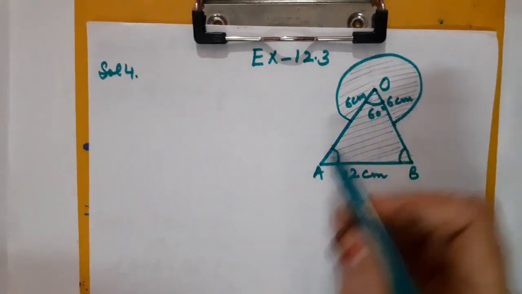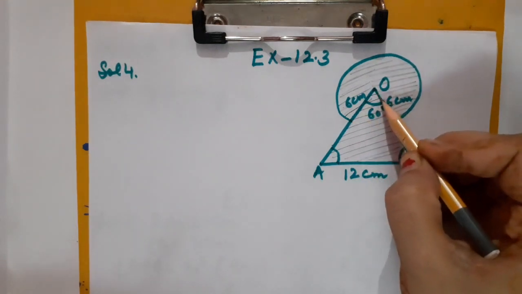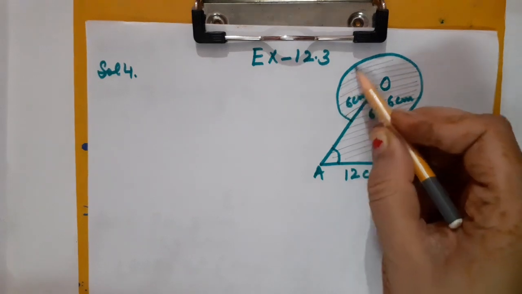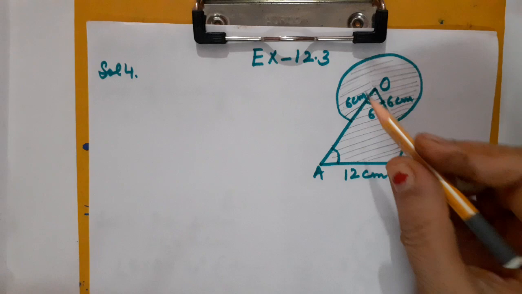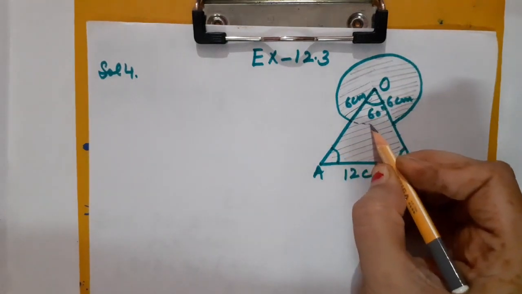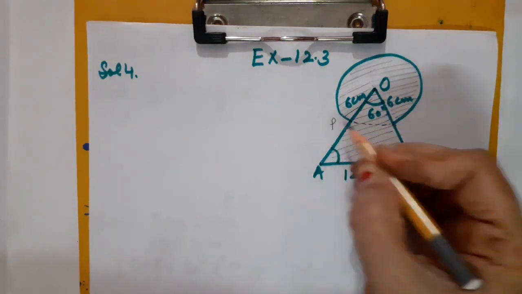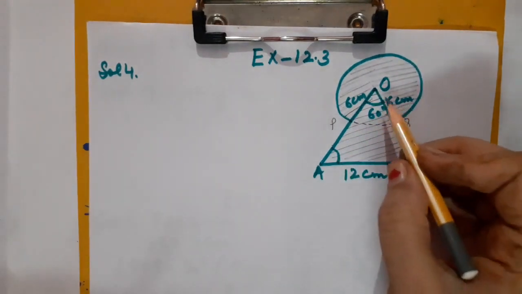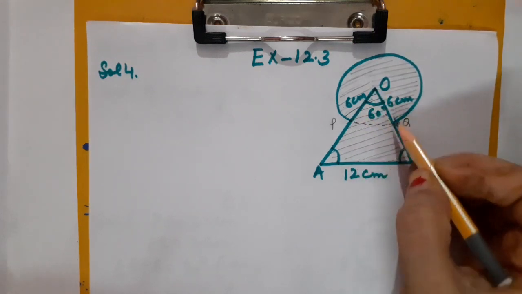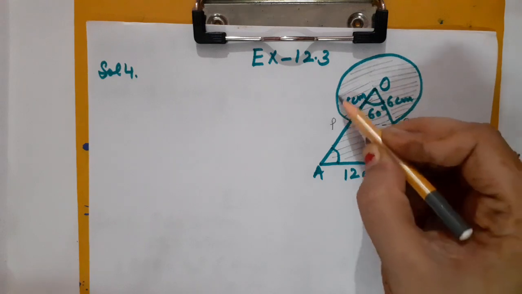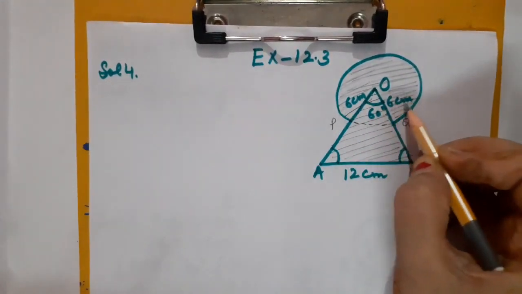So children, here this circular region is nothing but the major sector. How? See, this is radius 6 cm, this is radius, this is also radius. Okay, and this is the arc of the circle. What kind of arc is it? It is a major arc. Suppose here if you want to give the name, you can give the name also for your convenience. So OPQO, this is the minor sector, you can see. But if I say O, P, Q and O, this part, this is the major sector.